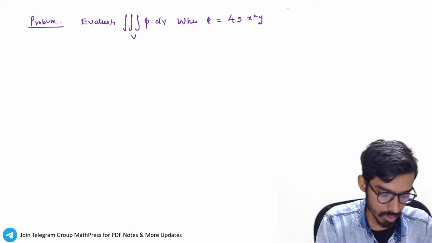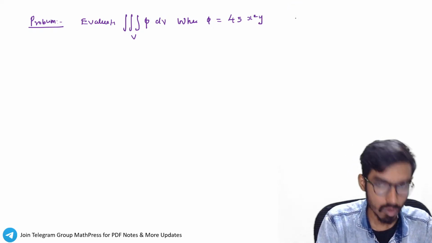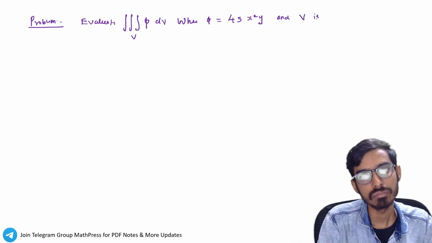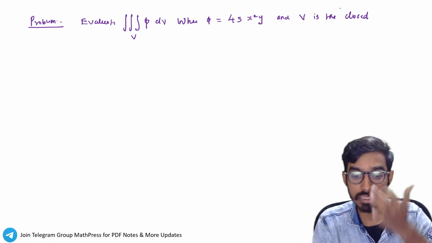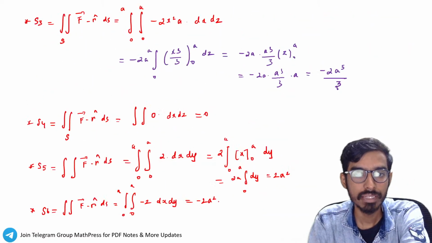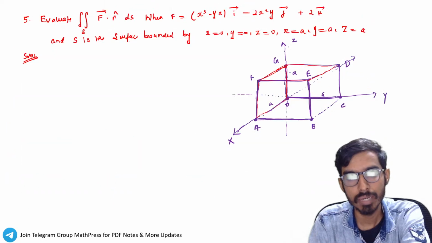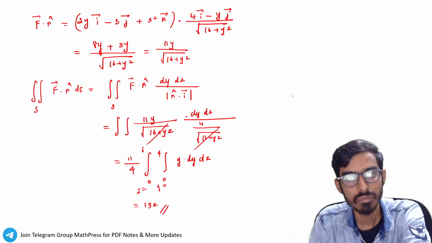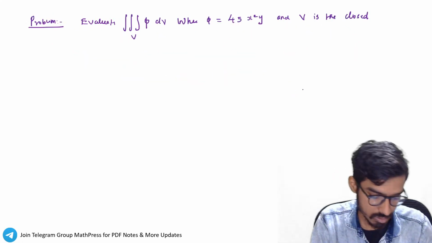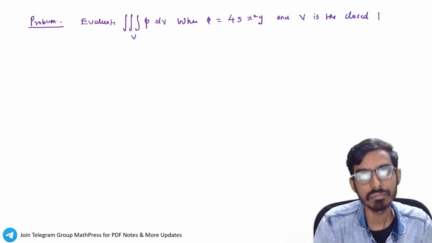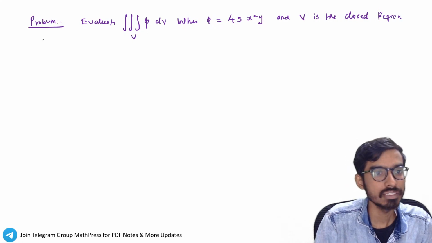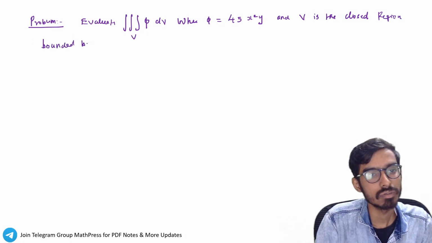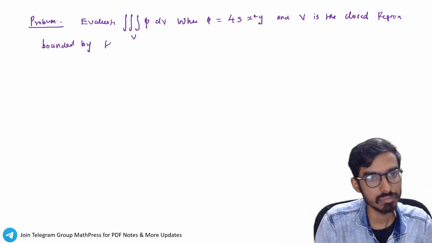x square y, and V is the closed region bounded by the plane. See, in a surface integral, we will only find these, right? We will only find this, but for volume, we will find all the volumes inside this also, right? And V is the closed region bounded by the planes